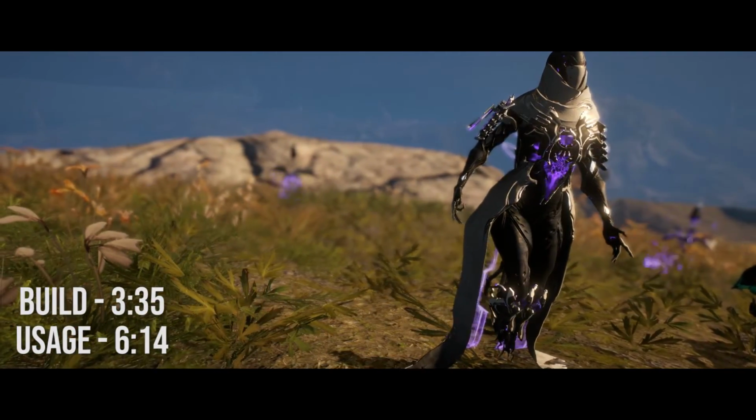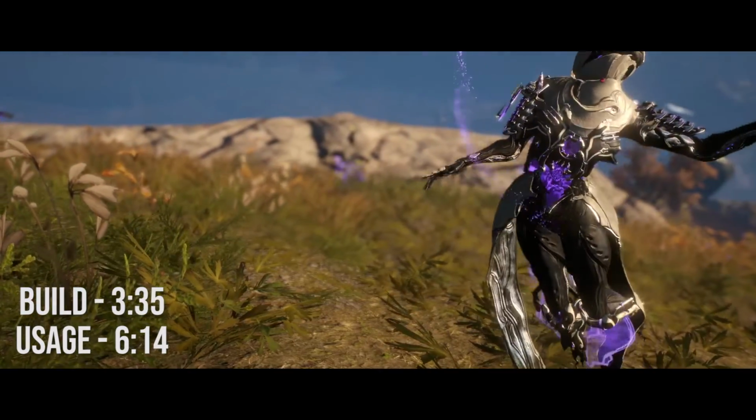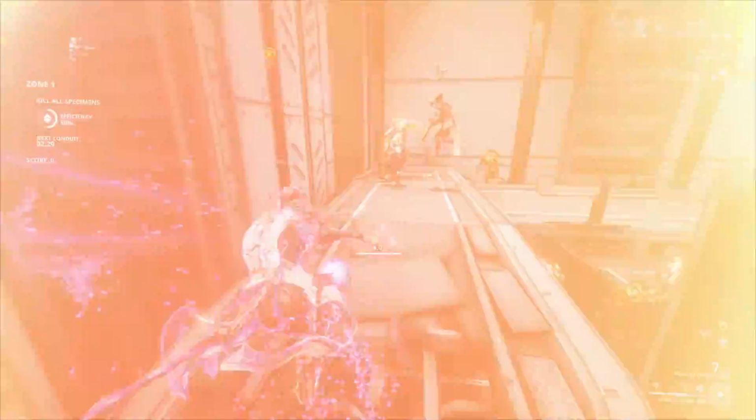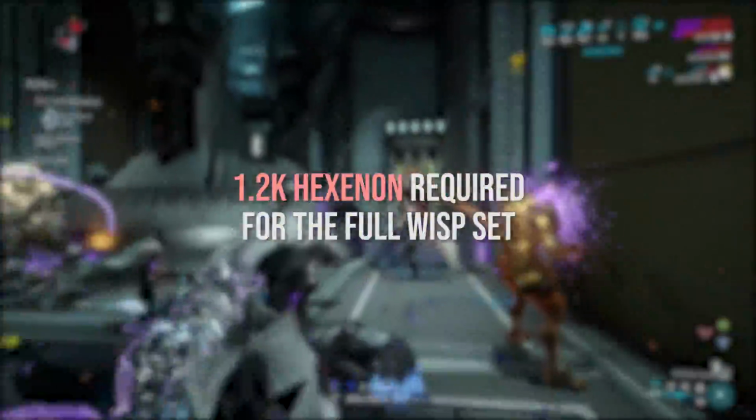So how do you obtain Wisp? You can do so by defeating the Ropalolyst. Based on the Warframe wiki, you can extract a full set in 8 or 9 tries. It took me 7 tries to obtain the full set, so it's pretty accurate. Another thing to note is that you need 1.2k Hexenon to craft the full set, so you should definitely stockpile